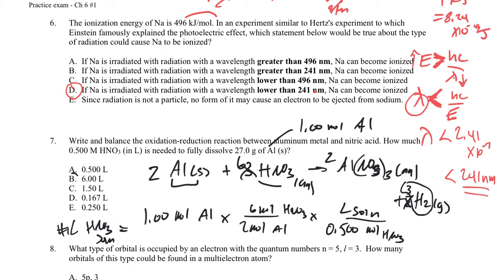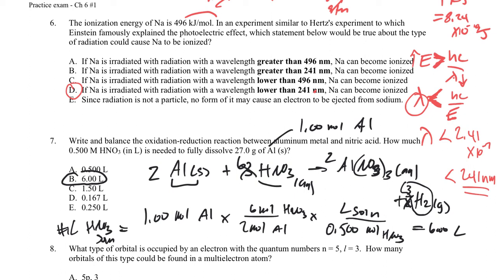So it looks like we're going to have to add 6 liters. That's what this works out to. So we need to add 3 moles of HNO3 to react with the 1 mole of aluminum, and it's half